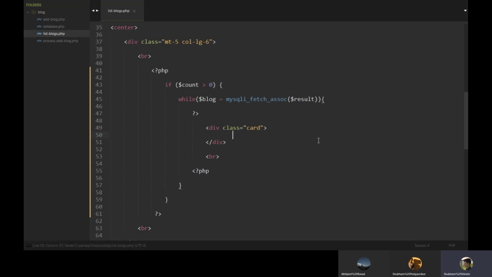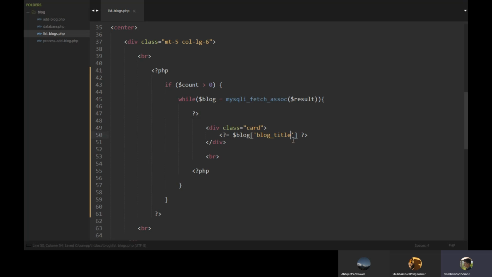Now the main thing is to print our title in this list. In while we have declared $block and assigned that single record from the loop to block. Let's use that. So PHP, and this is the shorthand operator for echoing a variable. Now from $block we call the index block title.